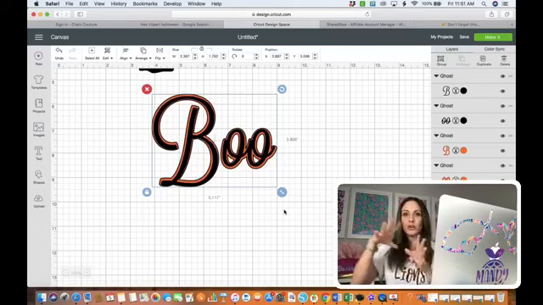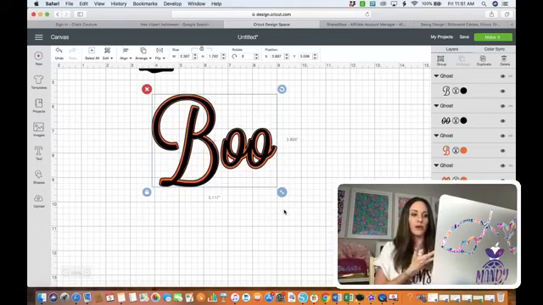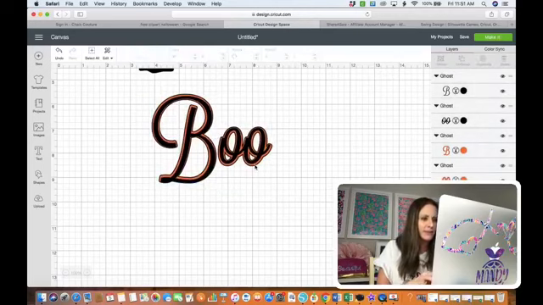So you may find that you want to do a bigger offset in Silhouette, and when you bring it over, actually it should all be fine. I think that it's just that the outside of it is black, and that's why it's coming in like that. But these are separate now, and you should be able to,